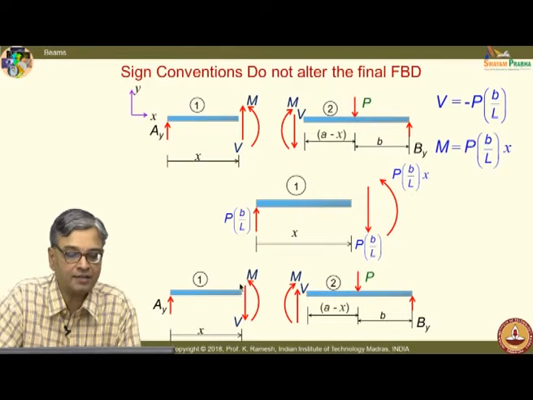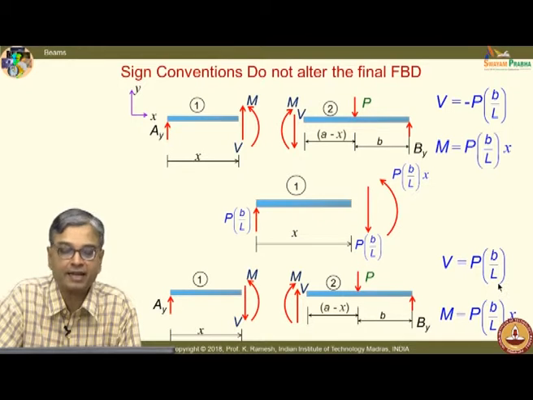Now, let us look at the sign convention by Merriam. To start with, in the free body, we have assumed this as the direction V. And what is the answer that we have got? V equal to Pb by L. So, if I want to write the final free body, I do not have to change this direction, and I have M as Pbx by L. So, this will not change.